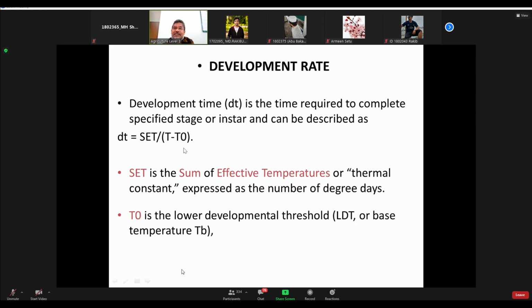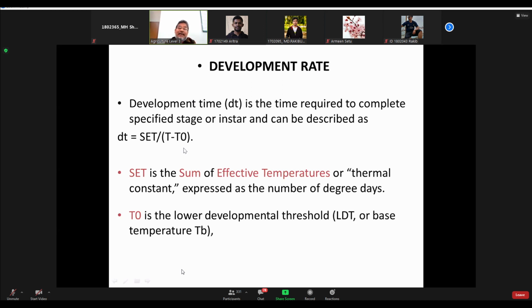আমি জানতে চাই যে 25 ডিগ্রি তাপমাত্রায় একটা ইনসেক্টের ডেভেলপমেন্ট কত হবে। 25 degree is the T. At T0 is 10. So what is the difference? T is 25 and T0 is 10. So what is the figure? What will be the figure? T minus T0. 15. Good. 15. And I know that